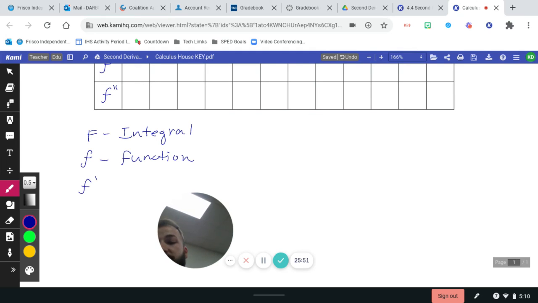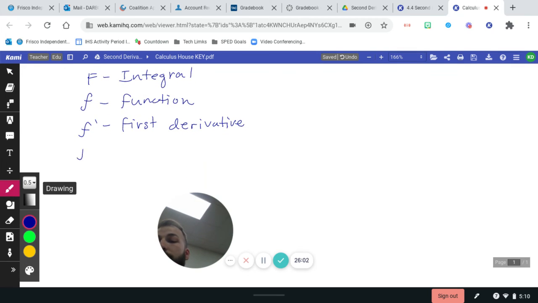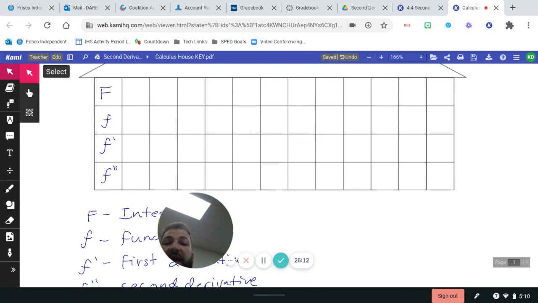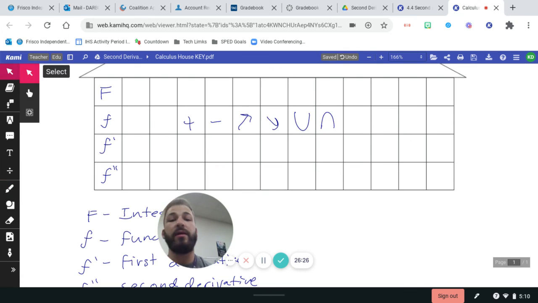F prime is our first derivative. F double prime is our second derivative. Okay, and we're going to start by filling out all of our important information so we know when F is positive and negative, increasing, decreasing, and concave up, concave down. So we've talked about all that information before. So now we can add in what all of these symbols mean, which you'll probably remember, but just in case you ever forget, just as a recap,